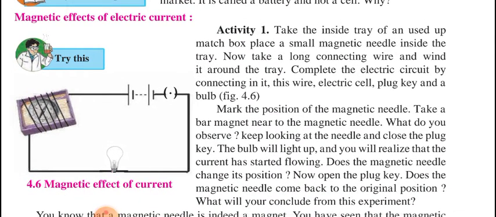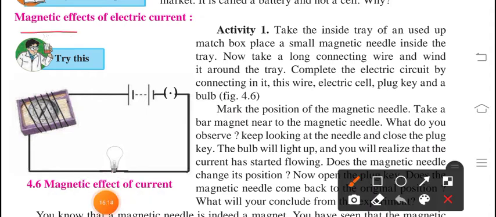Magnetic effects of electric current. Have you heard about Oersted's experiment? When he was performing one of his experiments, when no current was flowing through a circuit, the needle was kept aside around the circuit. Then when he switched on the circuit, the current flowed, and at that time the needle got attracted towards the wires. And when he switched off the circuit, the needle was in a stable condition.